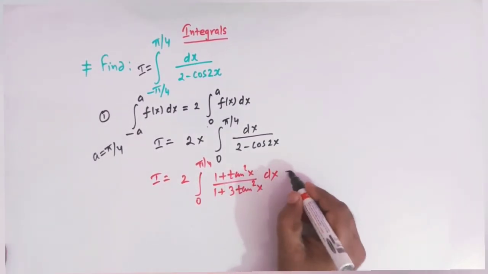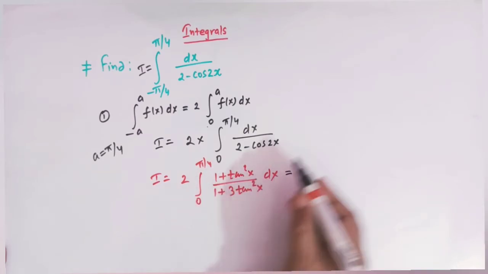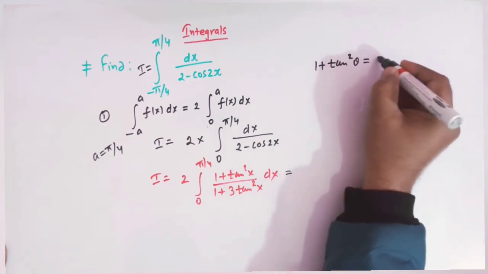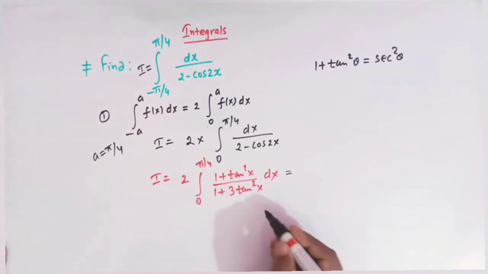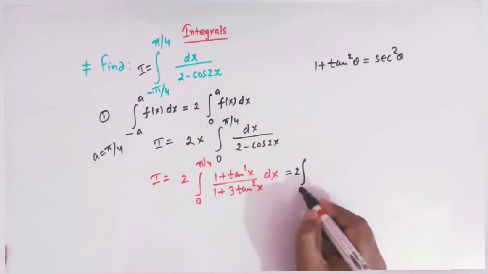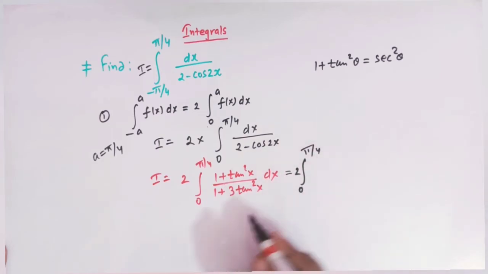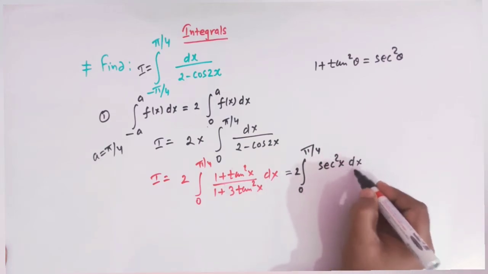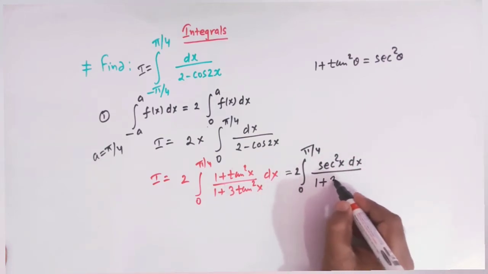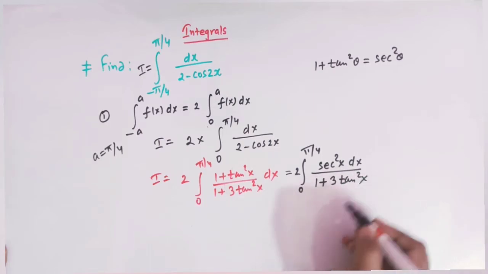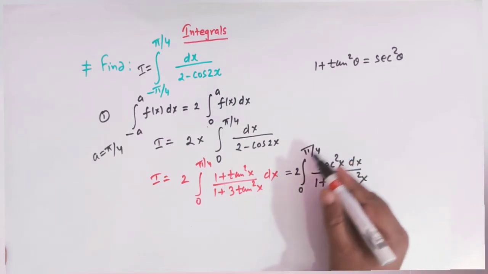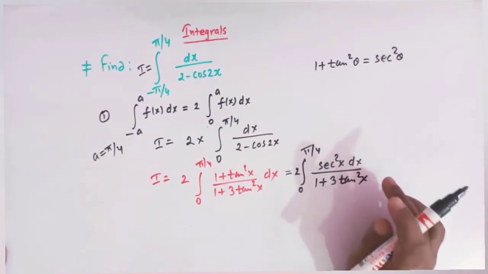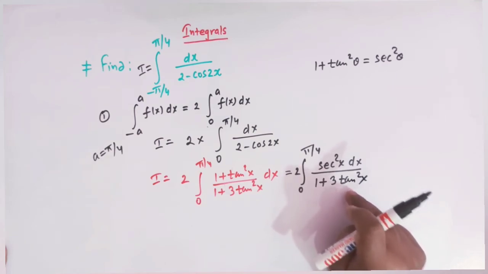So now we can again use one important identity from trigonometry, that is 1 plus tan square theta is equal to secant square theta. So this integral can be rewritten as 1 plus tan square x is secant square x, and we have dx divided by 1 plus 3 tan square x, right? Okay, now we have obtained this integral,